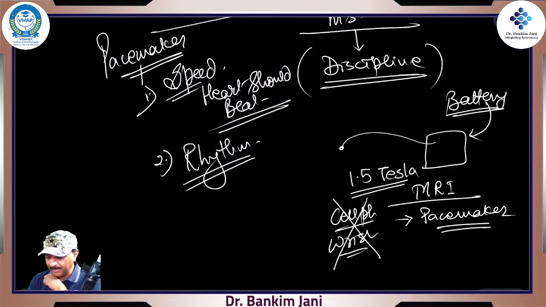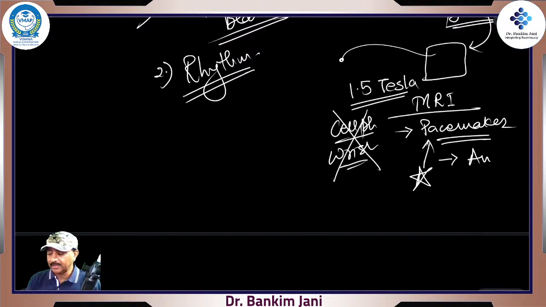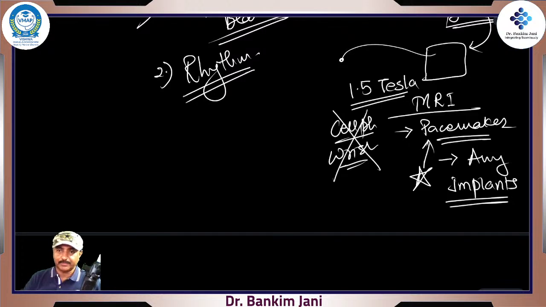But the dangerous, life-threatening one is the pacemaker. Because it is a circuit, that circuit would immediately fail. That's why in MRI it is vital to ask about a pacemaker. The second question to ask is about any implants, because if iron is used in implants, that can lead to major accidents. If someone has a fracture with nails and plates, under that strong magnet it will literally pull and can dislocate and cause a problem.